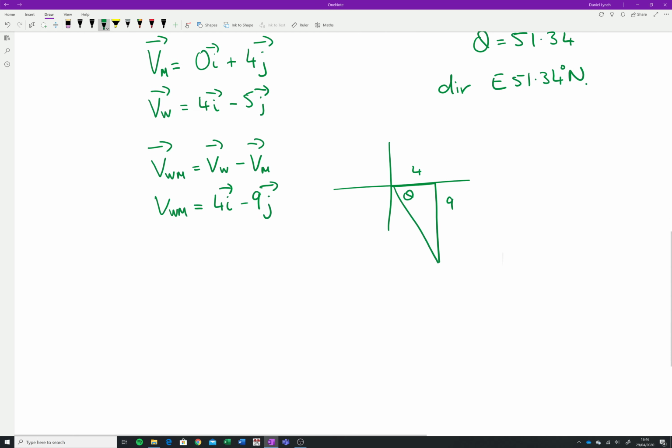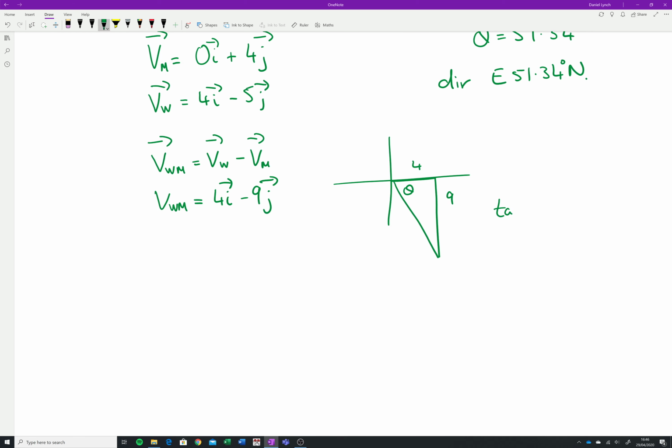If we get theta there, exactly the same as before, tan theta is equal to opposite 9 over adjacent 4, and theta is tan inverse of that. So it is 66 degrees. Did it want it to the nearest degree? It did. So we would say the direction would appear to be,